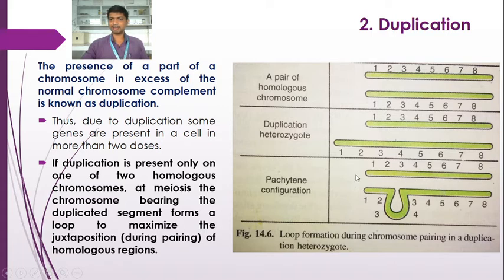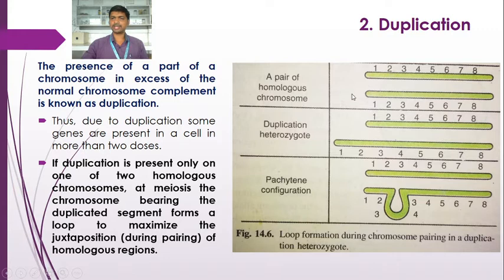If you see the gene sequence, gene number 1 occurs in front of gene number 1 on the homologous chromosome. Similarly 2, 2, here 3, 3, 4, 4, 5, 5, 6, 6, 7, 7, 8, 8. Here also, in the pair of homologous chromosomes, the length of the chromosome is the same. The position of the genes is also the same on both the homologous chromosomes. Due to this we say these two chromosomes are homologous. The genes are the same, and the length of the chromosome is also the same.